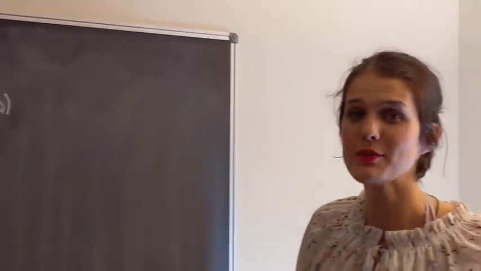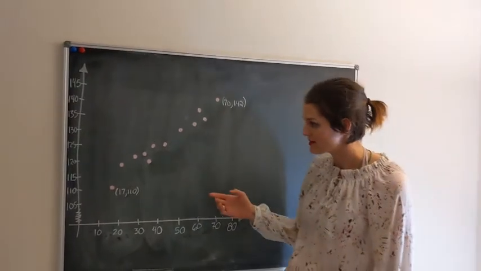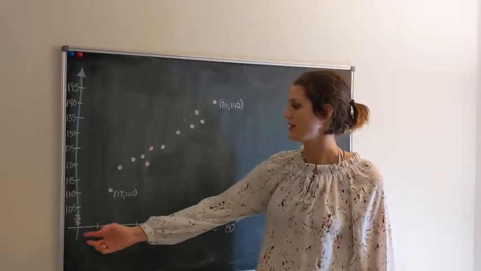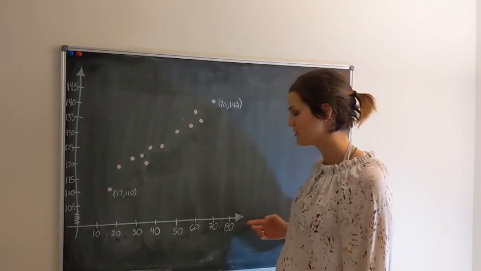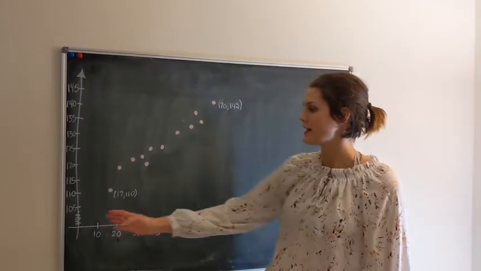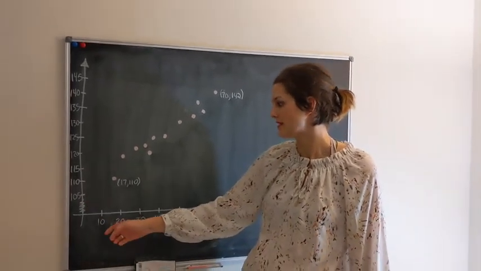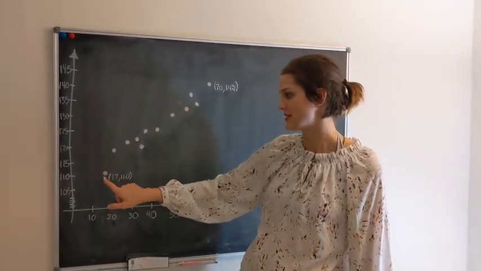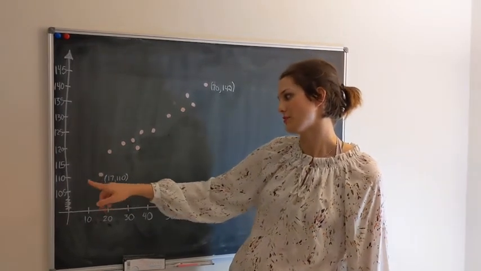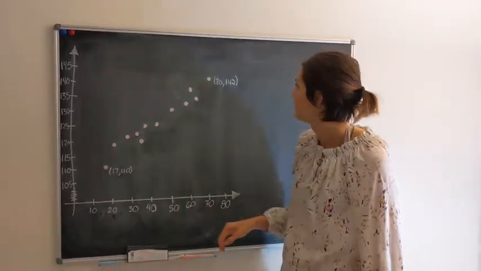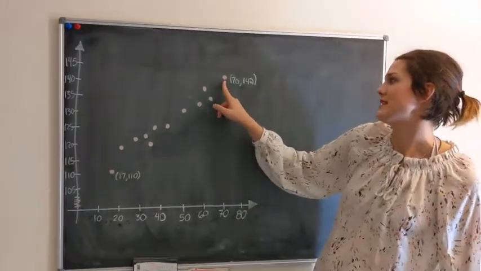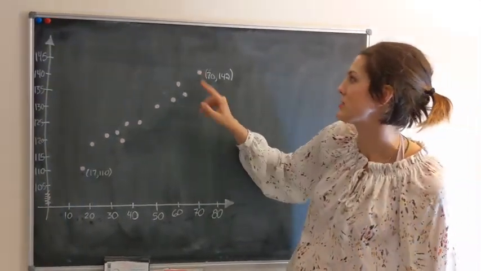Today we want to use linear functions to model some real-life situations and to make some predictions based on data. So we're going to be considering these data points, which give a person's age here on the horizontal axis versus a person's blood pressure here on the vertical axis. For example, we have one person in this data set who is 17 years old and has blood pressure 110. We have another person who is 70 years old with blood pressure